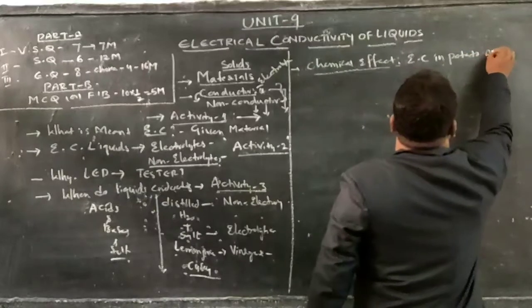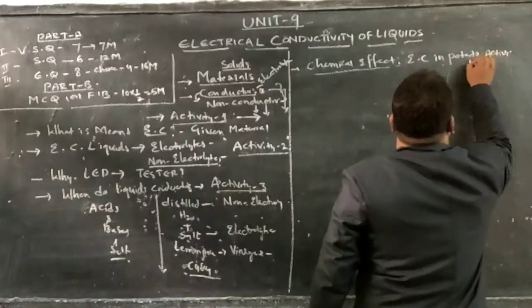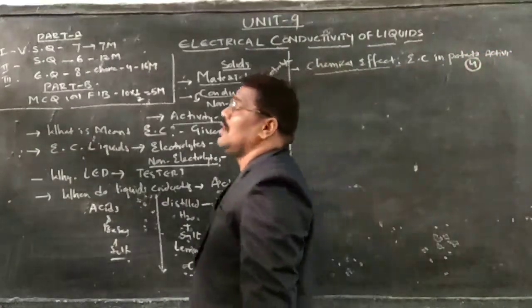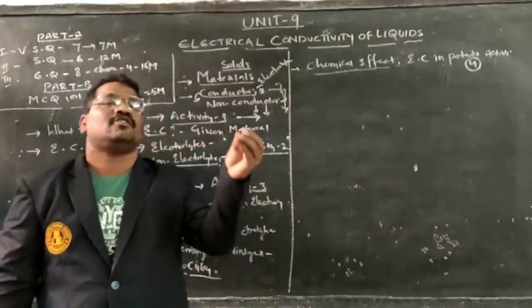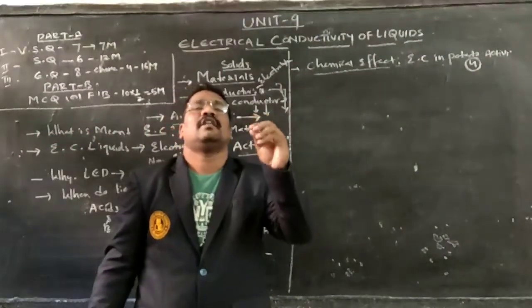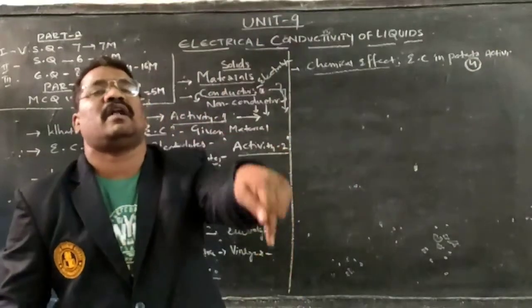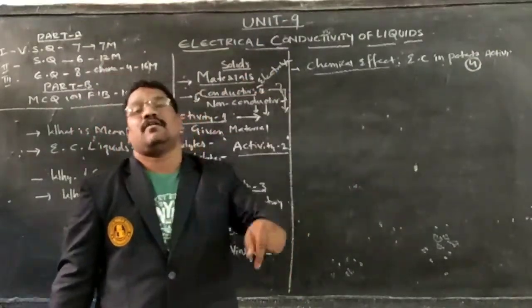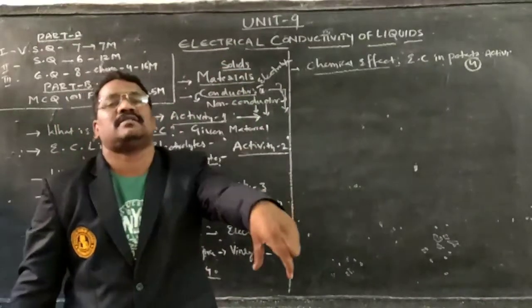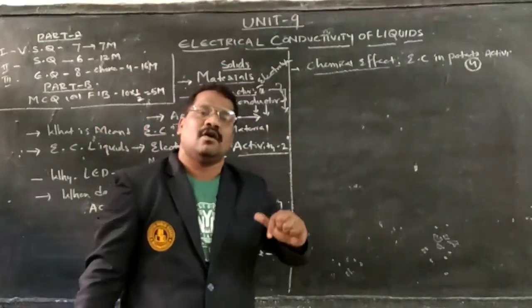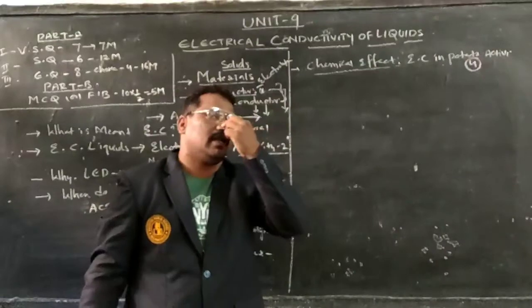He has given this as activity 4. In potato, a chemical effect takes place. Due to that, a bluish green color will be formed at the positive terminal when you place a metallic strip within a potato. We keep two metallic strips, one acting as the negative electrode, the other as the positive electrode,